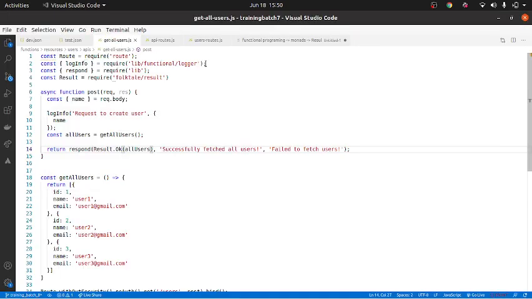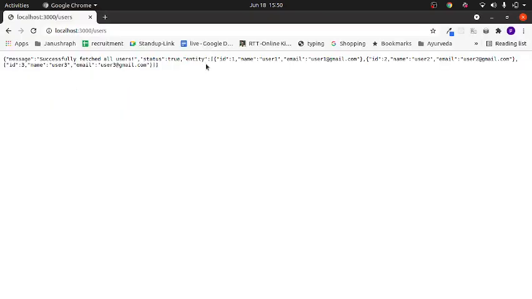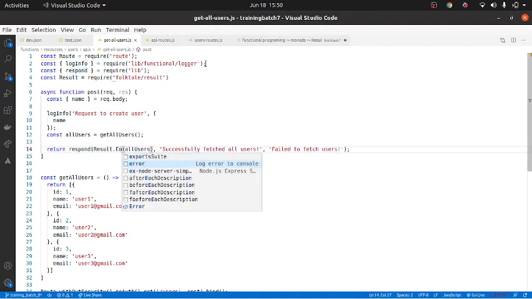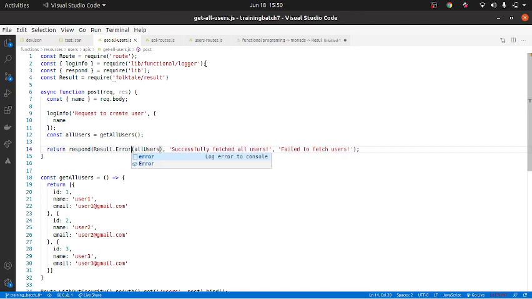Okay. So how do we use this? When do we use this? All those things we will cover later. But right now all that you guys need to know is, if you want to send data back to the users, whoever called the API, if it is a successful call, we need to pass result.ok with the data. Then the respond method will create an appropriate response structure and send it back. And in case you want to send an error message, you send result.error. Is this clear?